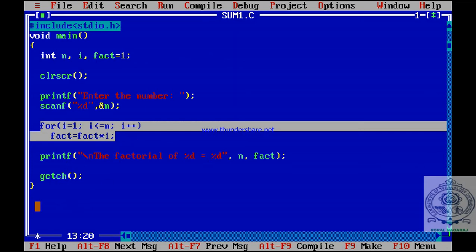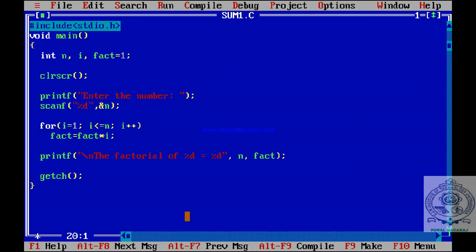Before that, what you have to do? You have to write the function. So define the function. The function has to return a value, integer. Let us say the name of the function, I will take factorial. Factorial is my function name. In parentheses I will pass n here, to receive the actual.